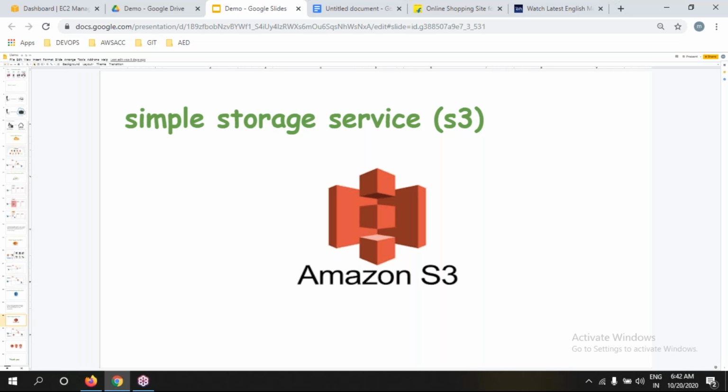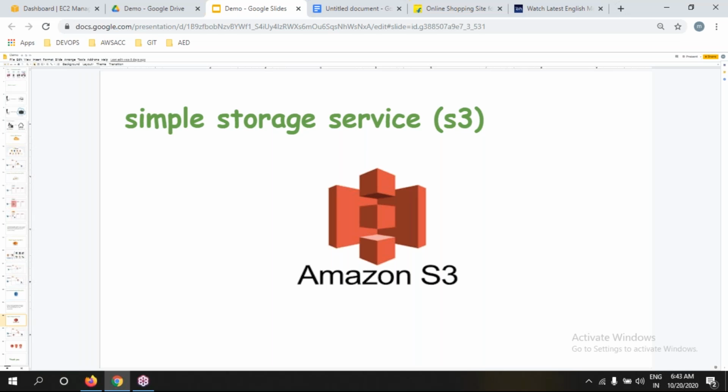There is no limit for storage, but only one limitation: the maximum size of a file is 5 terabyte. It should be less than 5 terabyte, then only we can upload. The file size should not cross 5 terabyte. That is the only limitation. Then you can upload any kind of PDF, text, audio file, video file, anything.